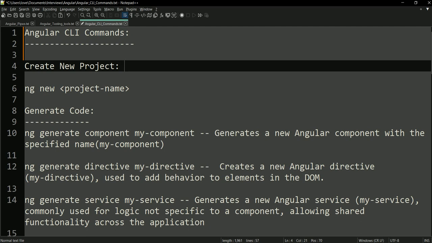So, the Angular command line interface tool helps the developer to initialize, develop, and maintain Angular applications directly from the command shell. Prior to the Angular CLI tool, the developer had to do certain things manually when